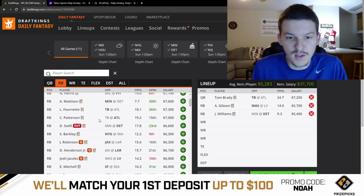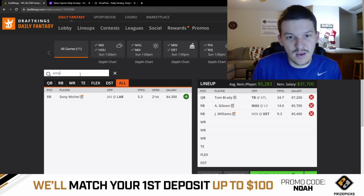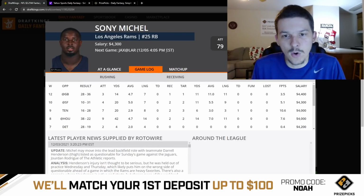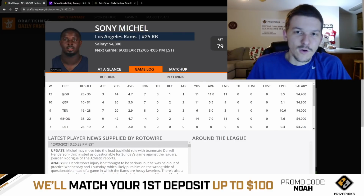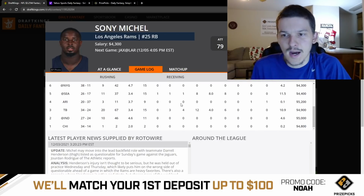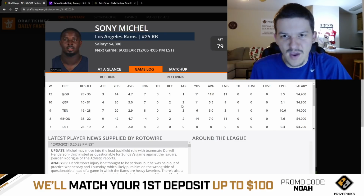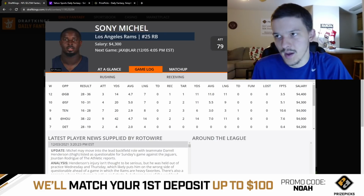He's going to probably be really low owned. Daryl Henderson is questionable, so keep an eye on this. Sony Michel would definitely be a standout value play at 4,300 if we do get word that Daryl Henderson is out. Sony Michel, so far this year with the Rams, hasn't really been involved that much. He's just kind of been the backup to Henderson, but obviously he would take over as the lead back. If Henderson were to be out, the matchup's fantastic at home against the Jaguars, so definitely keep an eye on